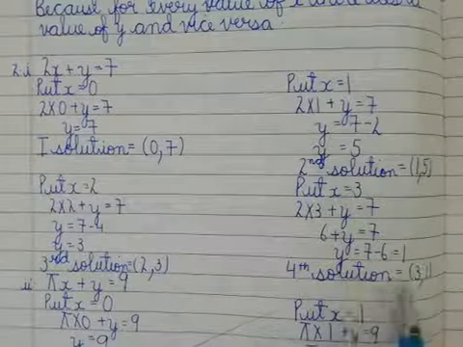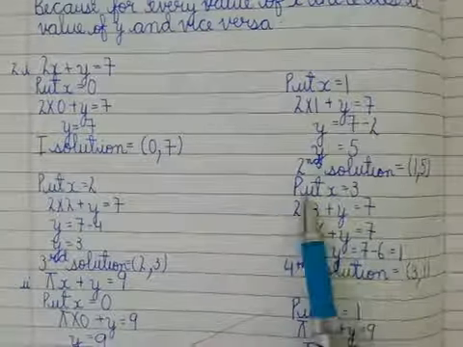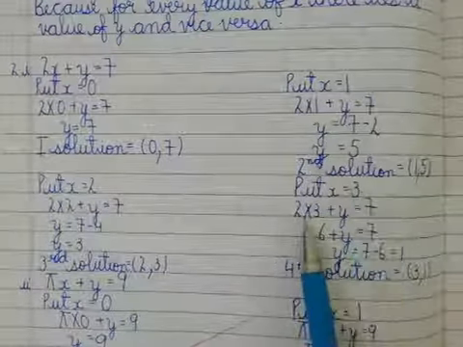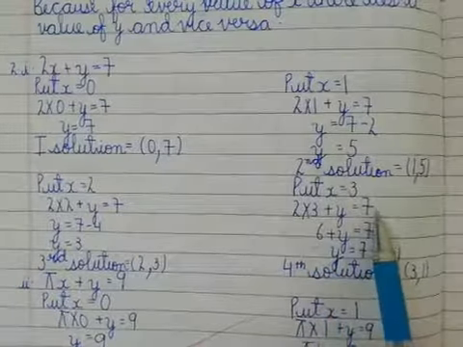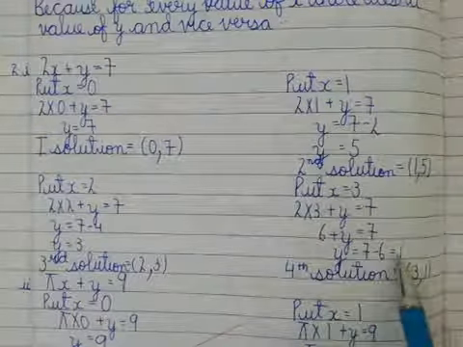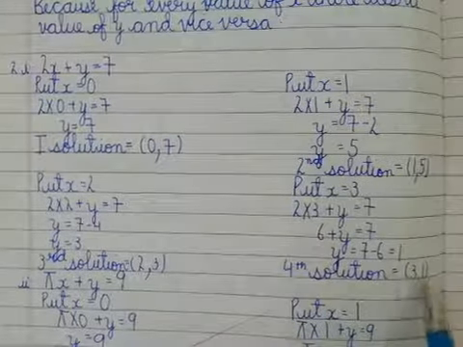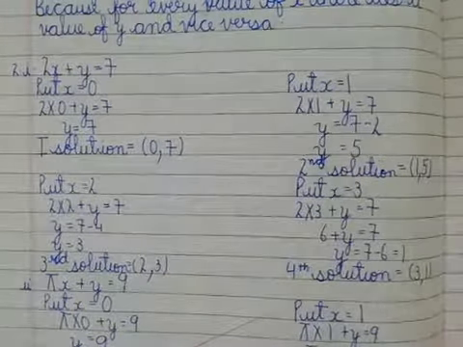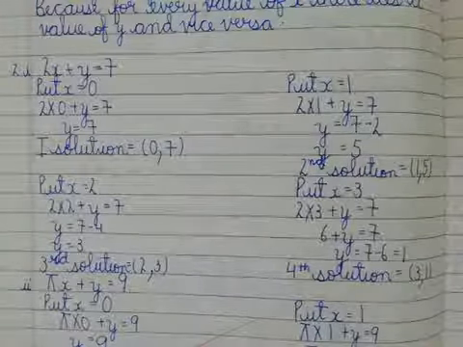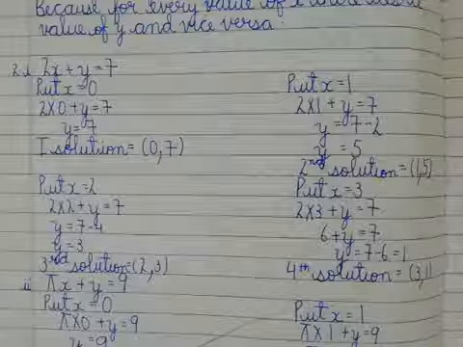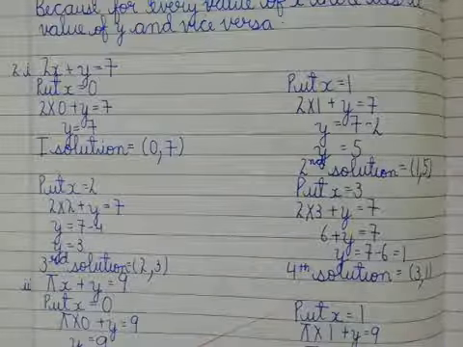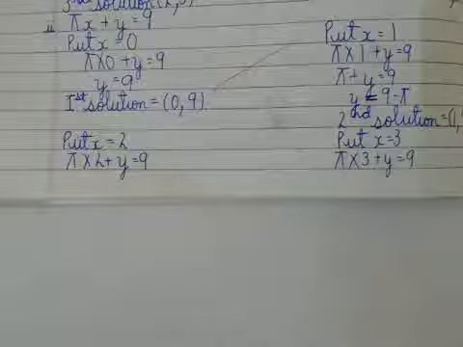Now here is the fourth solution, put x is equal to 3. So 2 multiplied by 3 plus y is equal to 7. So it is giving us y is equal to 1. So the fourth solution is 3, 1. So like this, in the given equations we have to put the value of x or y and we will get the respective value there. Okay, now just see the second part.